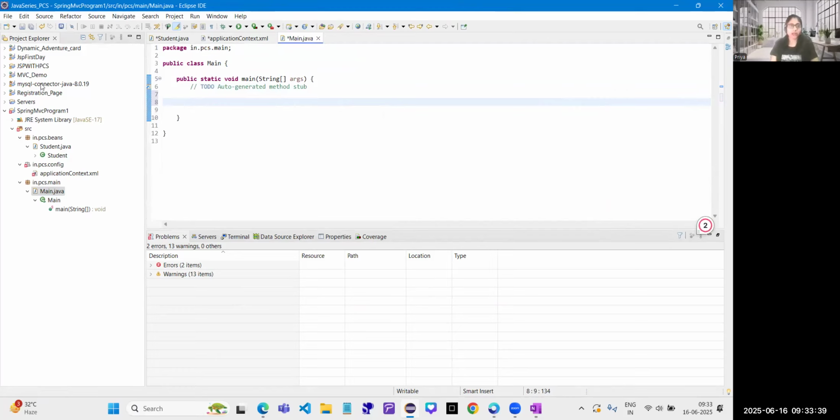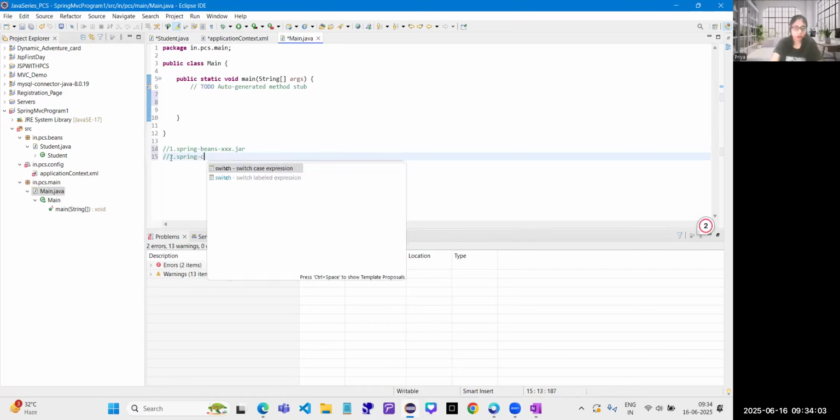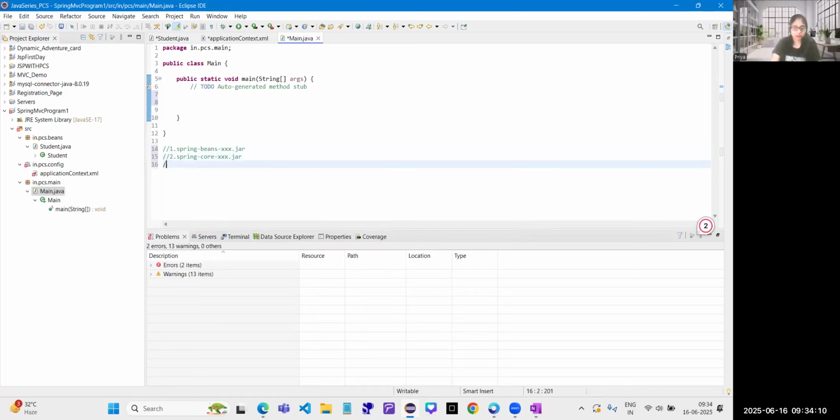I would like to add some jar files. Okay, first one is Spring Beans, some version dot jar. Okay, second thing is what? Spring Core, some version dot jar. Okay, third one is what? Spring